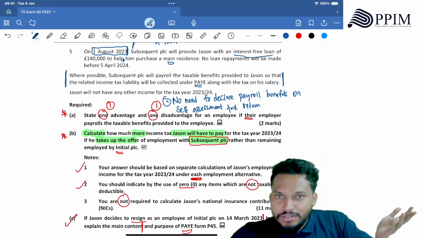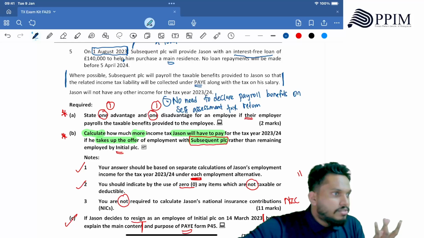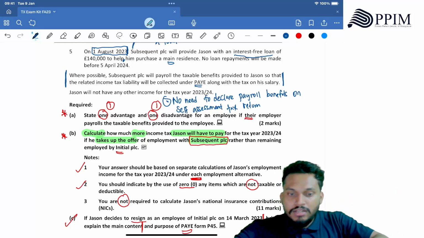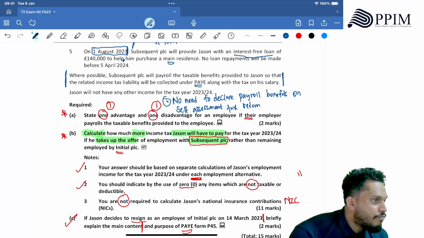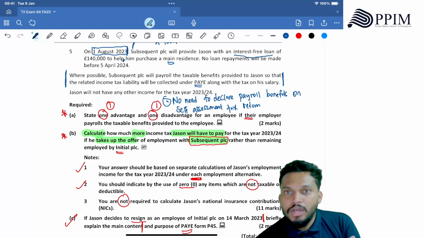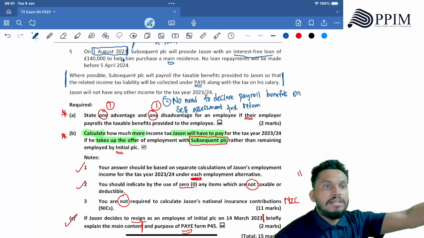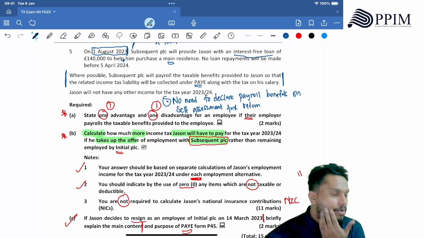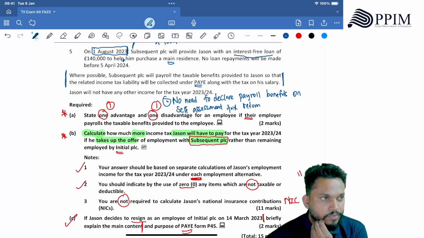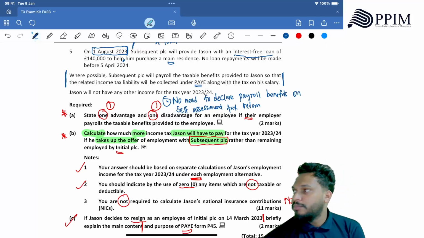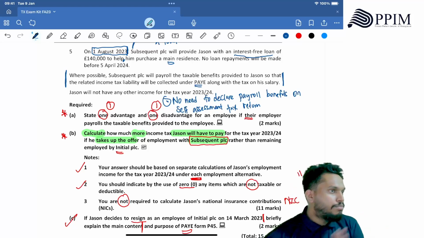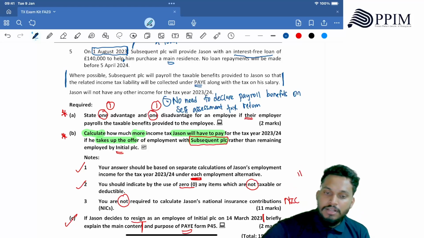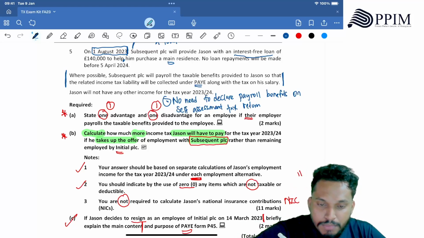Don't be too strict about answering, thinking I should remember this and that. If you answer this way, can he say no to your advantage? This is an advantage, right? If the employer is declaring the information, then I don't need to declare my information. That is an advantage for me. You got it? Simple as that. Make your life as easy as possible. Fine. Then what is the disadvantage of doing this?